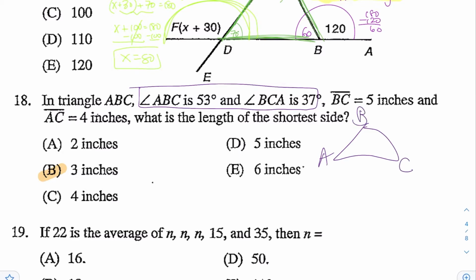So angle ABC, which is over here, this is 53. Angle BCA is over here, this is 37. So again, a triangle adds up to 180 degrees. So if you do 53 plus 37,